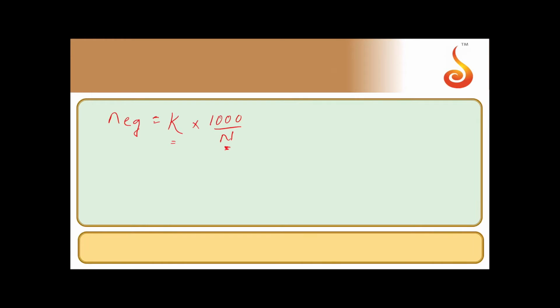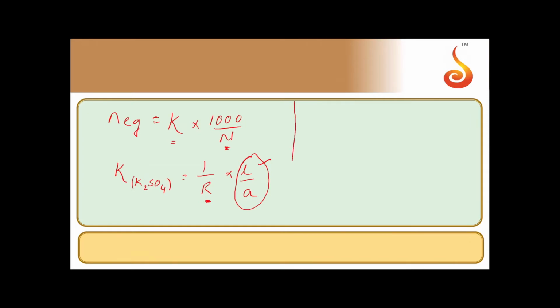Then comes how to find out the value of kappa. Here it's the kappa of potassium sulfate. Kappa is equal to 1 by R into L by A. Means you require the resistance when you are using potassium sulfate solution and the L by A value. L by A value is nothing but the cell constant. They have given the resistance. So now we require the L by A value, the cell constant. Once you know the cell constant value and the resistance value, we can find out kappa.